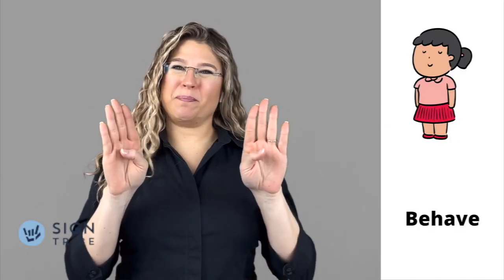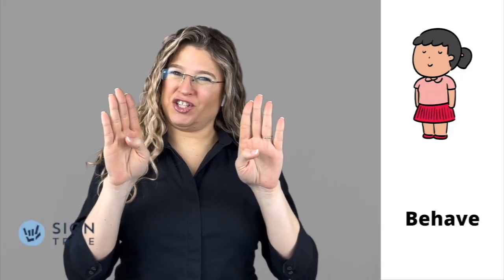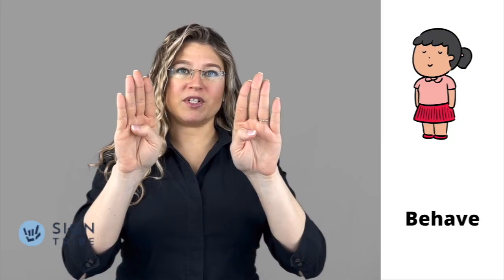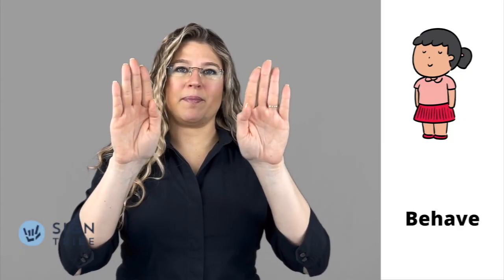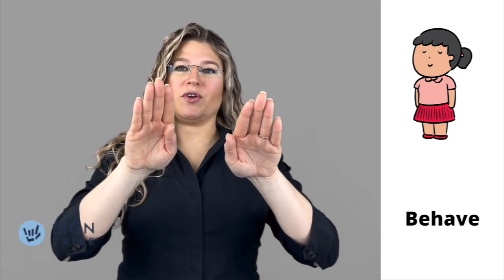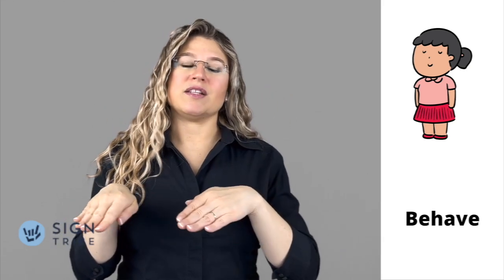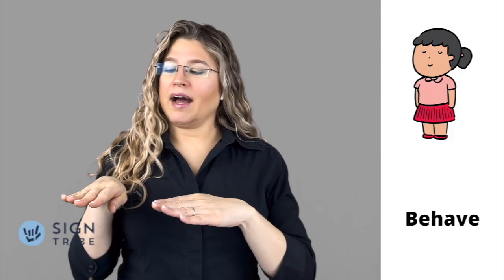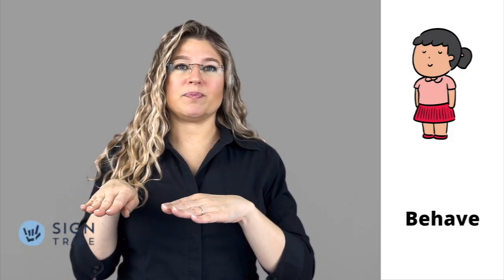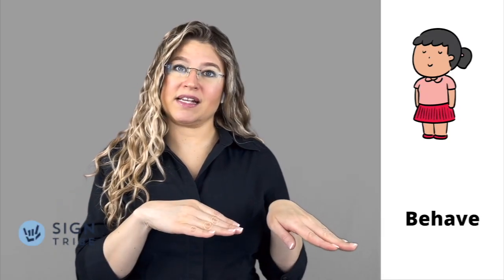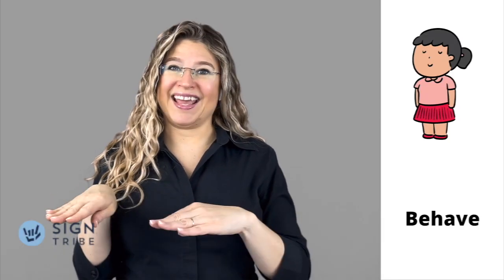Behave. So both of your hands are going to be in almost a B shape, but not quite a B shape. So they're going to have your thumb just kind of next to your fingers. So almost a B shape, but not quite. So it's going to be right about here. Behave. And the rest of your fingers are going to be closed together and go back and forth. Behave. I am right-handed, so I'm going to start out by going toward my left. So I'm going to start going toward my non-dominant side and then back. Behave.